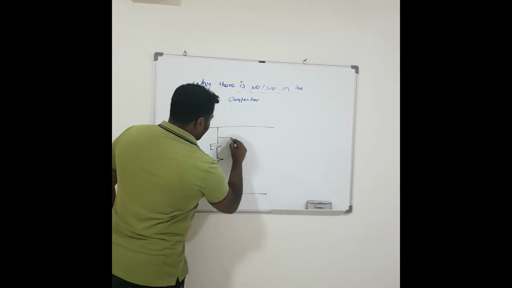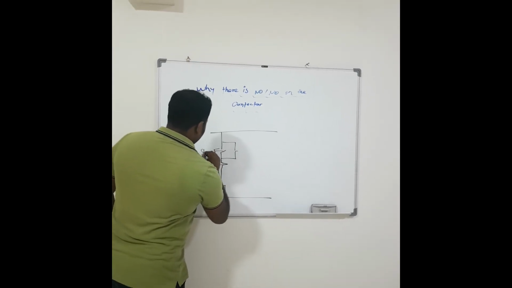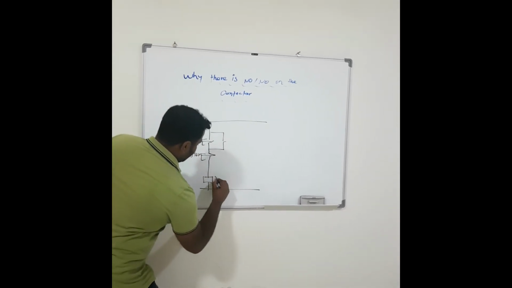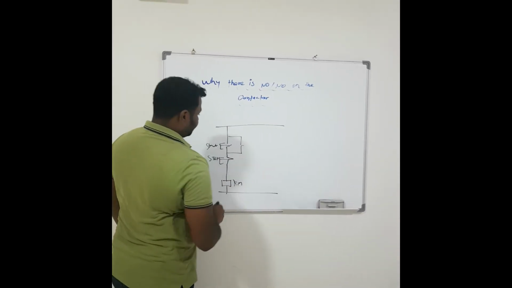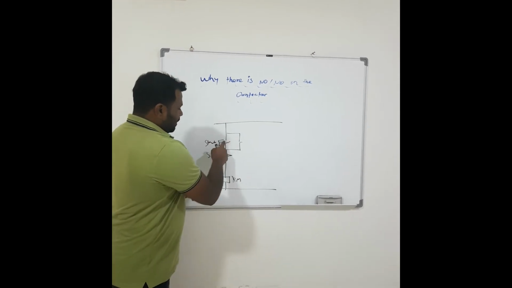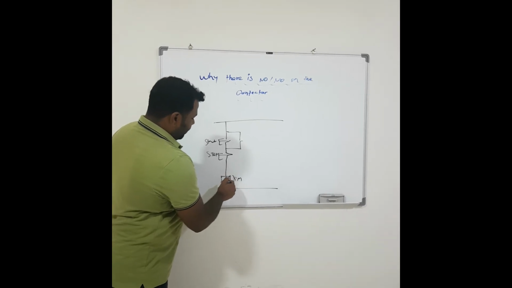Okay, and the NO contact is connected in parallel with the start, stop. This is the main contact. Okay. Once the start push button is pressed, the supply is given to the contactor coil and the contactor will be